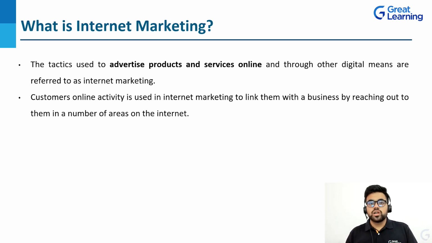And if you have noticed, something that is in your cart would always be shown at the top, because they know that you are interested in that particular product. So how does this happen? This takes a lot of strategies going on behind the scenes to make sure you as a customer are given the top priority in everything. Now these customers' online activities are used in internet marketing to link them with the business entity,